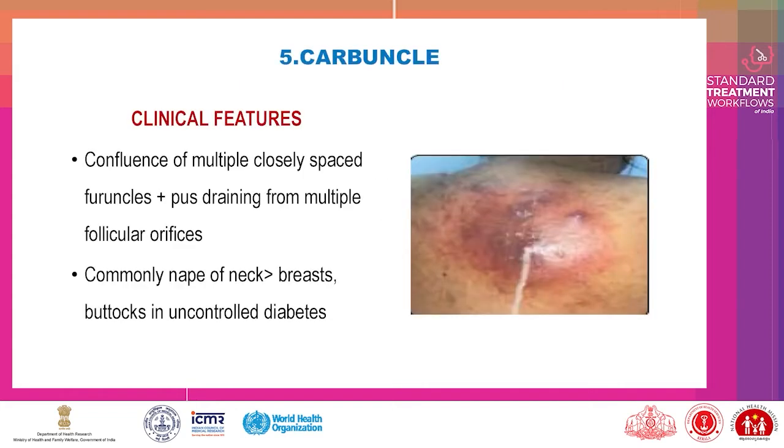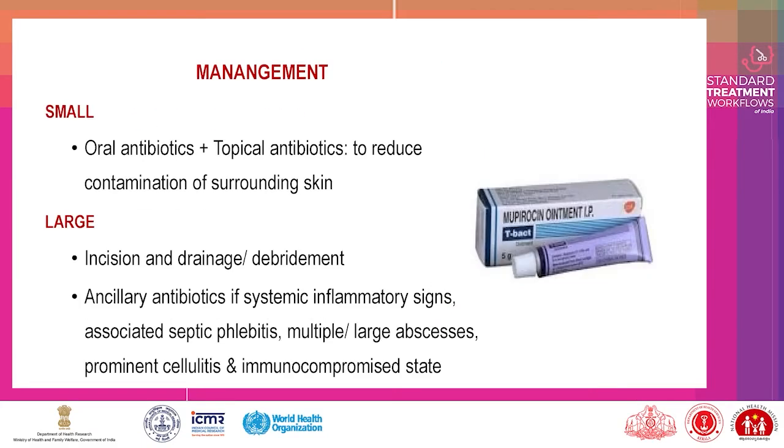Carbuncle. Clinical feature presents as a confluence of multiple closely spaced furuncles, pus draining from multiple follicular orifices. Commonly presents over the nape of the neck, on the breast, and buttocks in uncontrolled diabetes. Management includes for small lesions, oral antibiotics with topical antibiotics to reduce contamination of surrounding skin, and for large lesions,